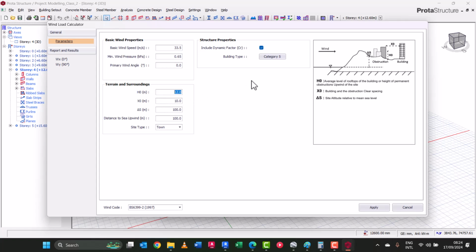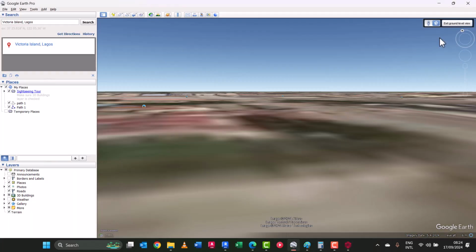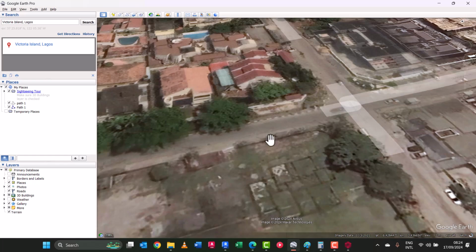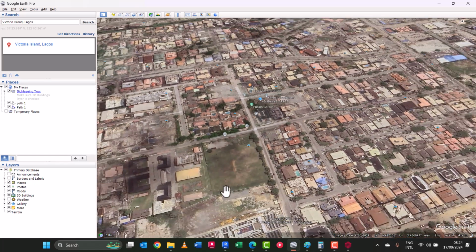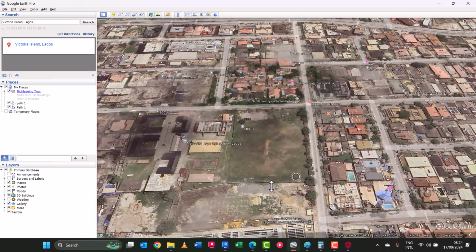And the next thing we'll do is come back to our wind map to get this other value. So let's come back to our Google Earth and exit this. Then we'll zoom out of our location. If this structure will cover, let's say, this perimeter, what is the distance from its location to the surrounding buildings that will be obstructing this wind speed that is coming? We can easily measure that